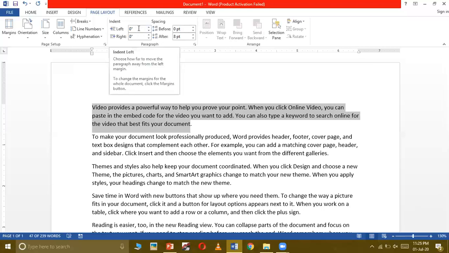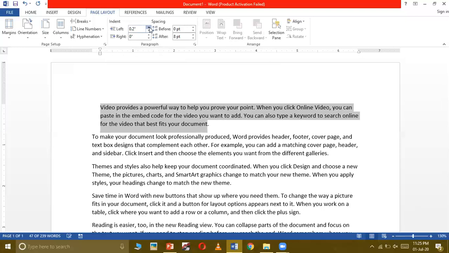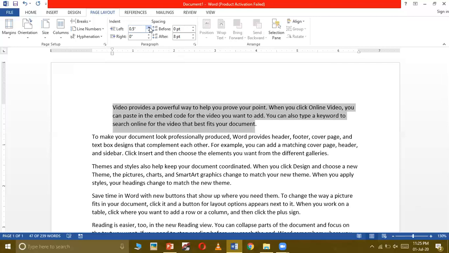So let's increase the space between the left margin and the text. For that, we need to click on the upper arrow of the left indent spacing. And now you can see there is some space between the margin line and the text. This is the space which you are getting between the left margin and the text. That space is known as indent space.